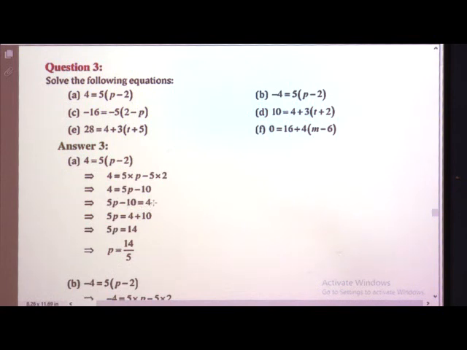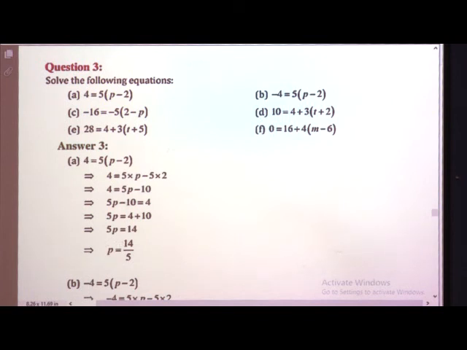We had just changed the LHS and RHS. So 5p, which we are taking to the LHS, 5p is equal to 4, here it is minus 10, so it will be plus 10. When it goes from the left hand side to the right hand side, it is transposed, so it will change its sign. So 5p is equal to 14. Here p is equal to, you know very well, here it is multiplication, so it will go as a division. So 14 upon 5. So we have found the value of p.